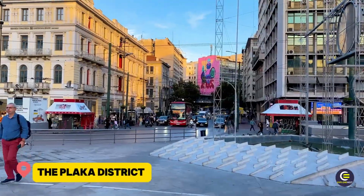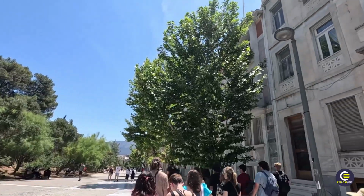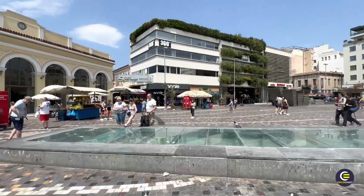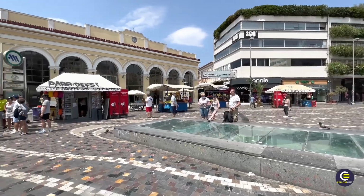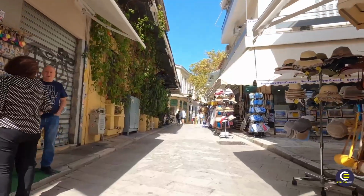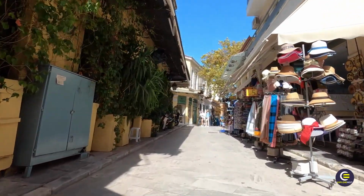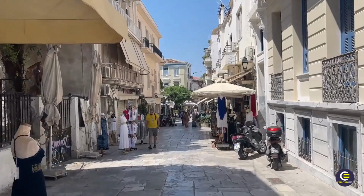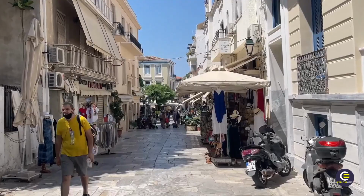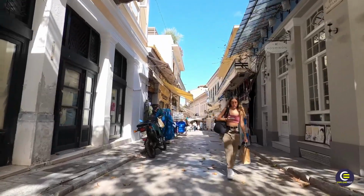The Plaka District. Wander through Plaka, one of Athens' most iconic neighborhoods, known as the city's Old District. It's often called the District of the Gods due to its location right at the foot of the Acropolis. Despite its lively atmosphere, Plaka has retained its charming appeal, with narrow streets and beautiful houses. As you explore, you'll come across a blend of Byzantine architecture and neoclassical homes, along with plenty of stalls selling